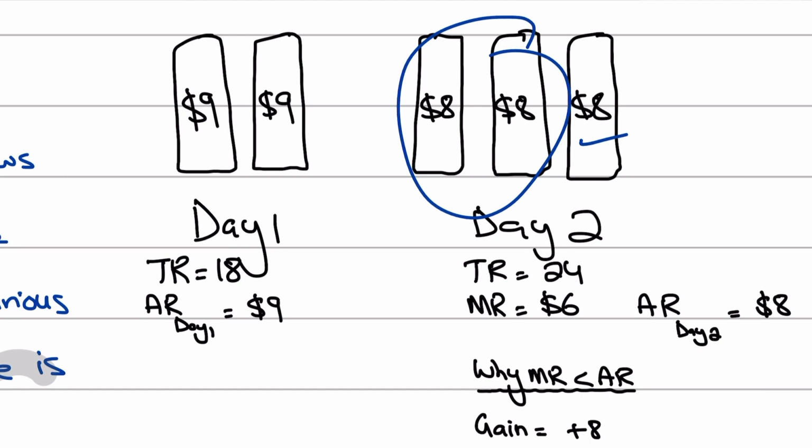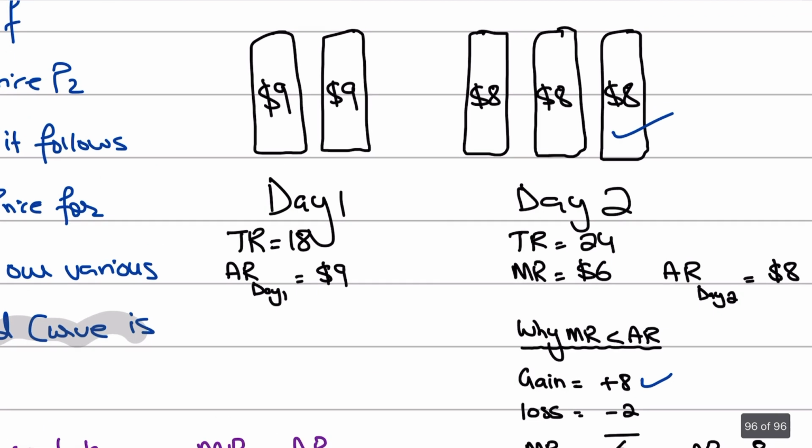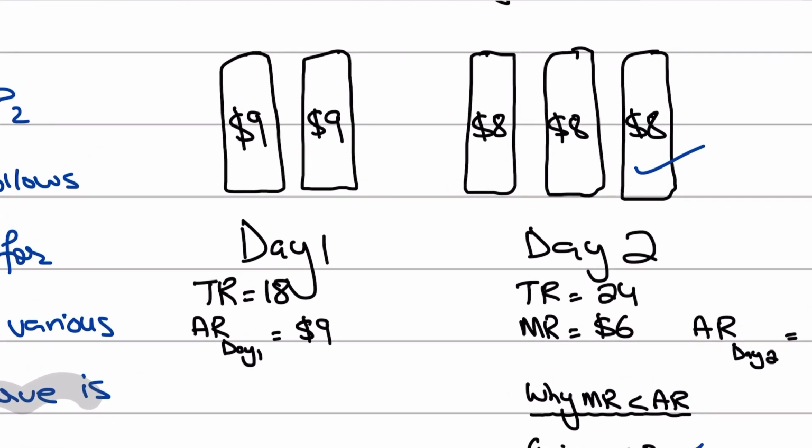However, the same two chocolates, the same number of chocolates, were also sold on day one, but at a higher price. You sold two chocolates on day one at a higher price, and then you sold two plus one chocolates on the second day at a lower price, and all three chocolates were sold at $8. So the problem is that although you've gained $8 by selling the third chocolate, you've also lost $2. Why? Because the first chocolate that you sold on day two, you sold for $8,